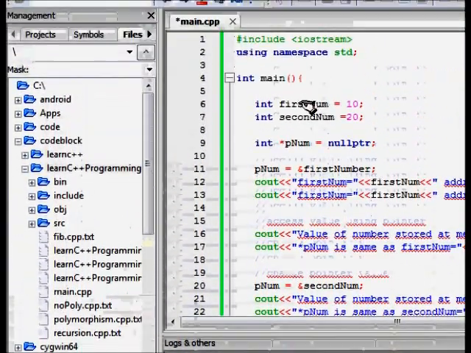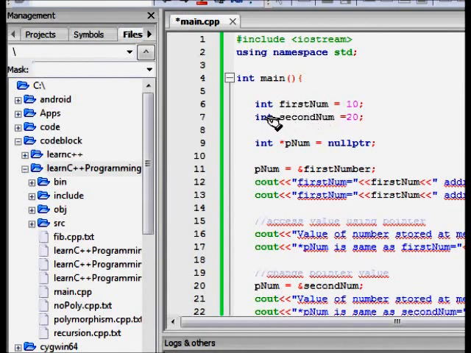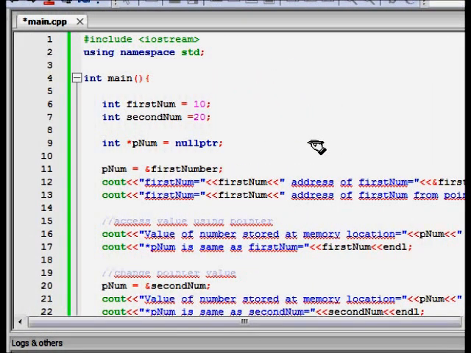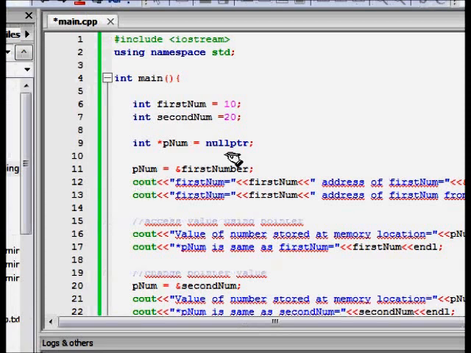Now we will see one example code. I define two integers, int firstNumber = 10 and int secondNumber = 20. Now I define one integer pointer pnum, which is initialized to null. It is not pointing to anything. Then pnum = &firstNumber, so in the pointer variable I store the address of the first number.